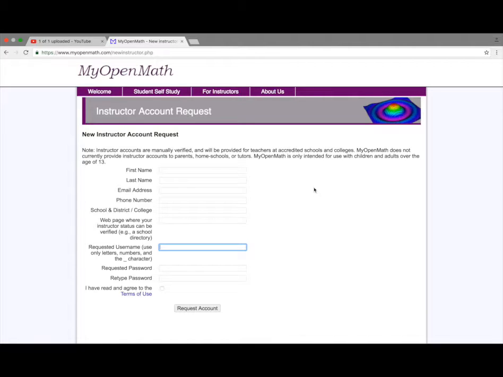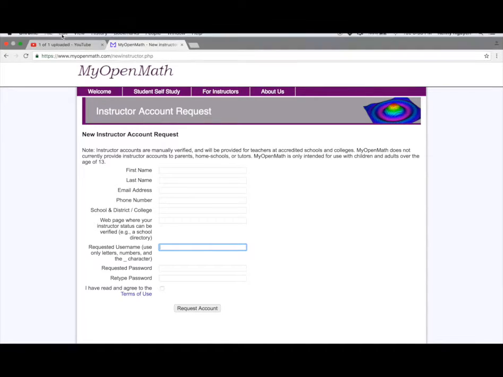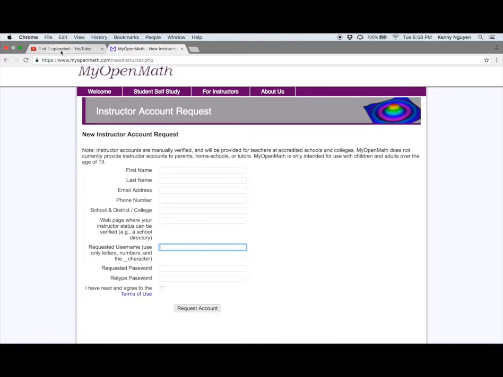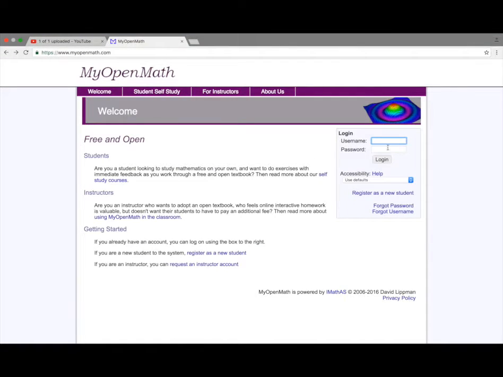In a few days, they will send you an email to validate that your account is now open. It is possible that they won't do that, so the only way for you to find out whether or not your account is open is to check back through MyOpenMath and see that yes, an account for instructor has been validated. So once you have an account with MyOpenMath, the next step is to log into MyOpenMath,